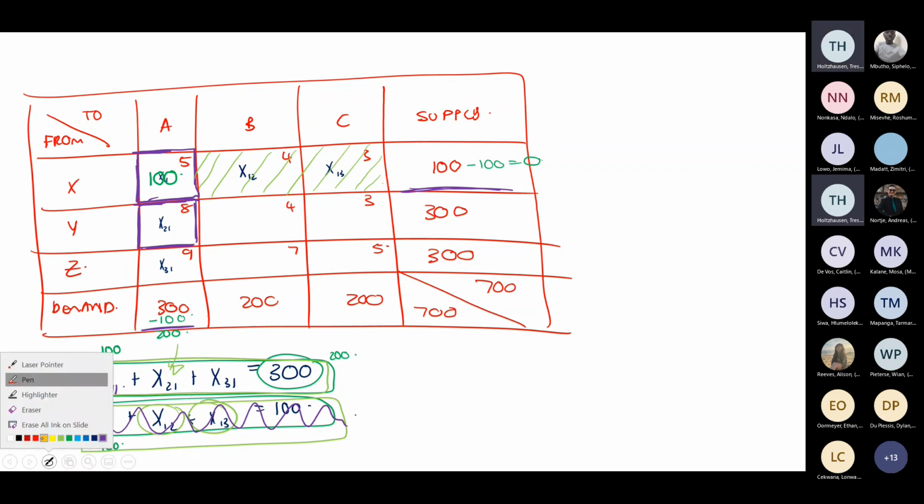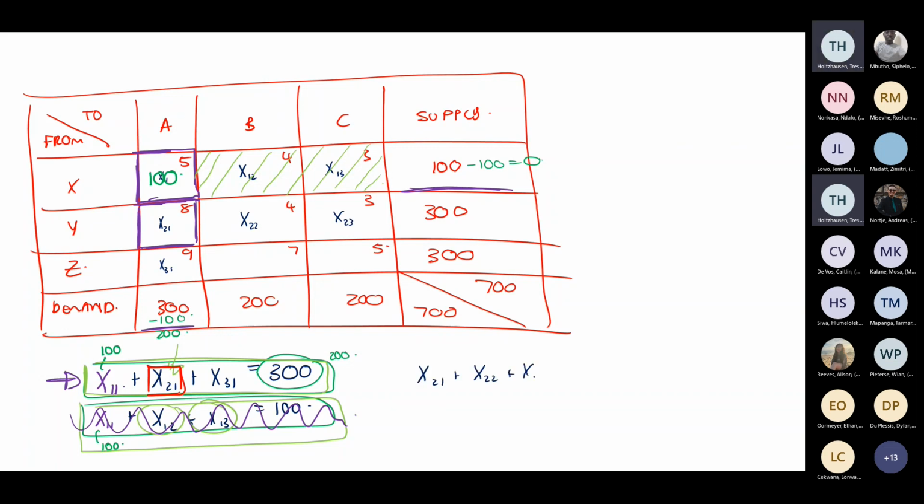But now we're working by figuring out what this one can be, which means we also need its row constraint. So that x22 and that x23. So we have x21 plus x22 plus x23 equals 300. Then when we look at that process, we know, okay, what do we have to play around with? In this case, we have that 2